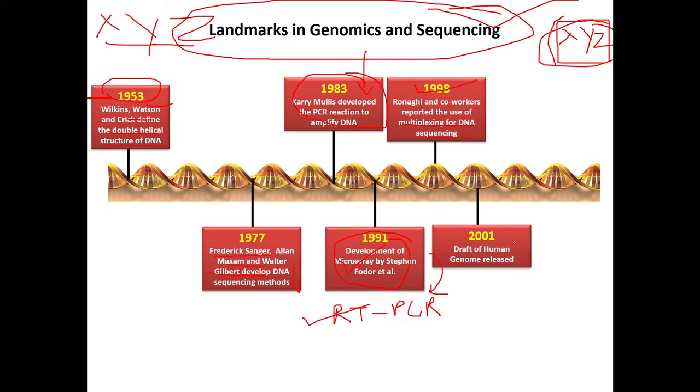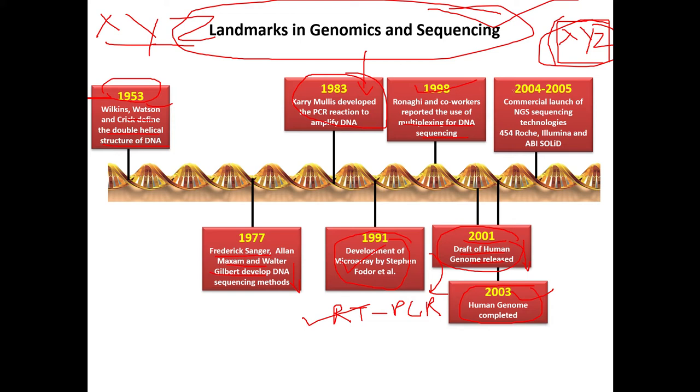What is the main impact? To understand the Human Genome Project. The draft of the Human Genome was released in 2001, and in 2003 the Human Genome sequencing was completed. We cannot say that it is finely tuned and everything is okay in the Human Genome Project. Till date many things are going on and the project is continued.